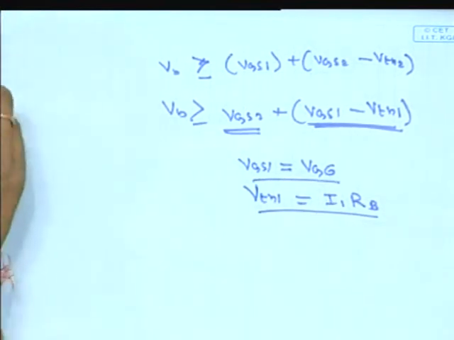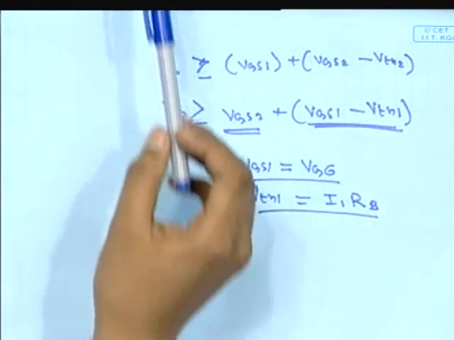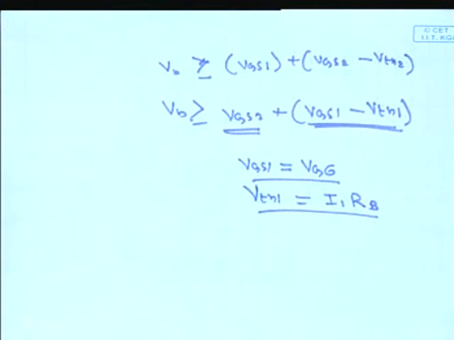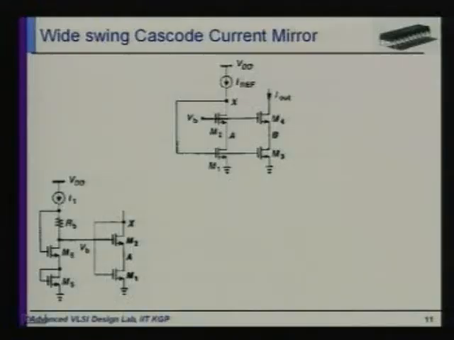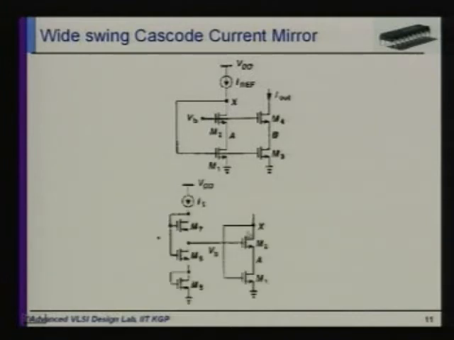Okay, but this circuit also depends on the temperature, because the resistance value depends on the temperature. So we can mitigate this by using an active load for that RB, and this is the circuit where this resistance is substituted by this M7 transistor, which is in the diode connected mode. This diode connected transistor resistance is nothing but 1 by Gm, so RB will be 1 by Gm.